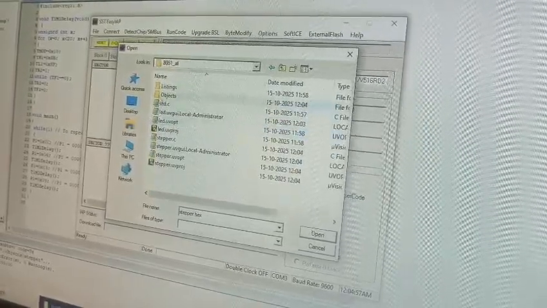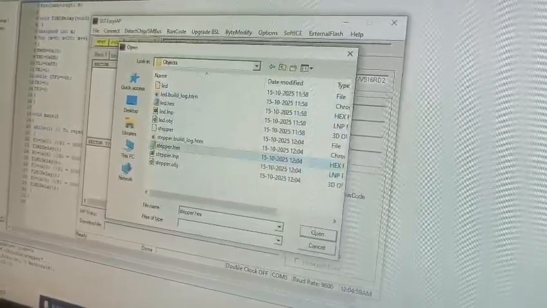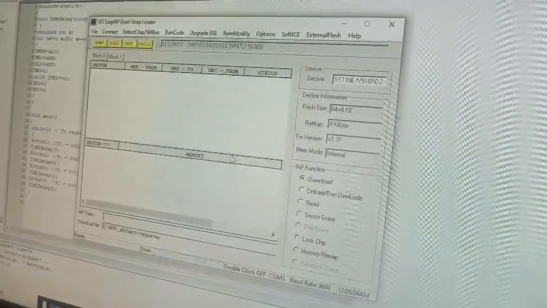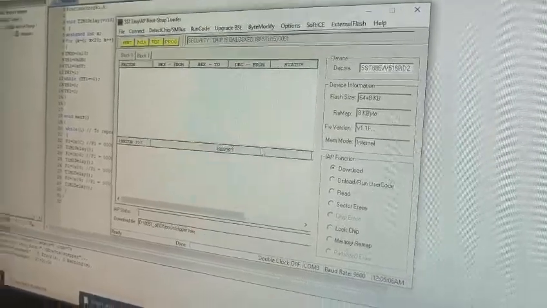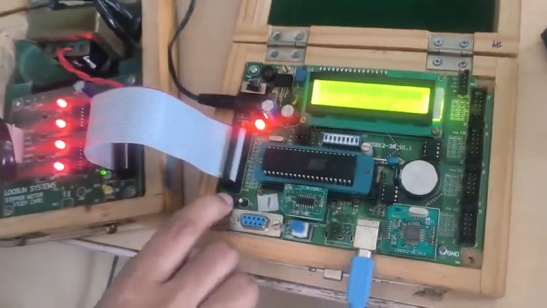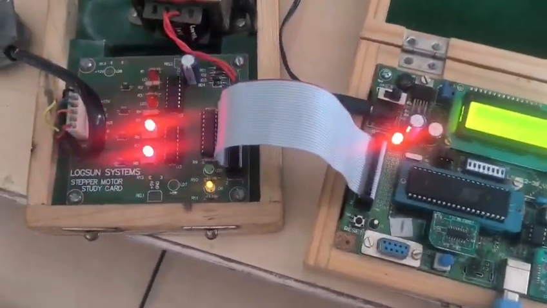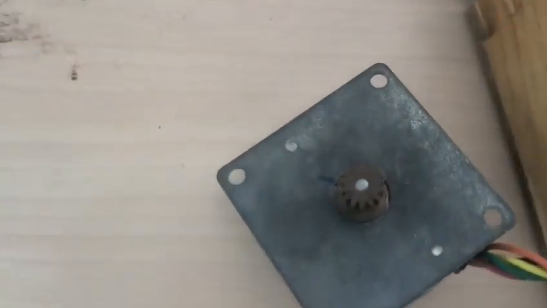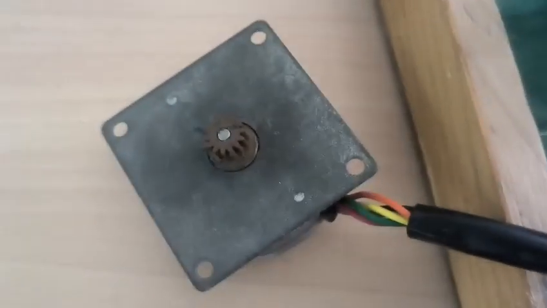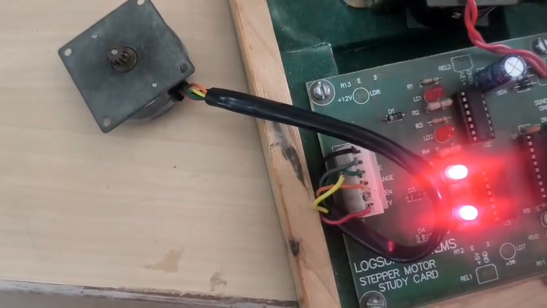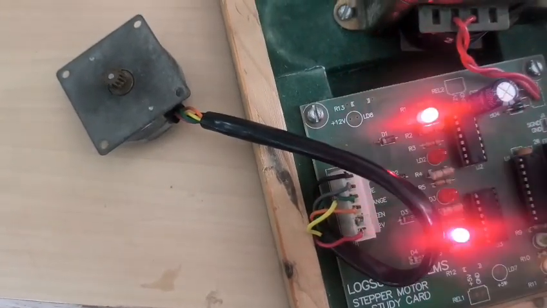Now open the software SST, go to the option, select device SST89E516RD2 and select the COM port, select the baud rate 9600 and say OK and wait. See the successful messages displayed. Go to the download option, go to the folder, select the object hex file, OK and connect